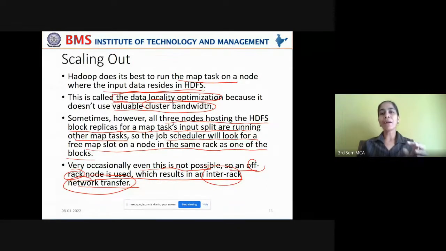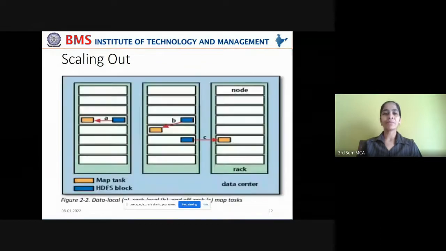So when compared to the bandwidth utilization where the entire data is being transferred, here the computation's inter-rack transfer is a nominal amount of transfer. So we can compromise with this in extreme cases when the data nodes on the same rack are not available to take up the map task. Now that is explained with this diagram.